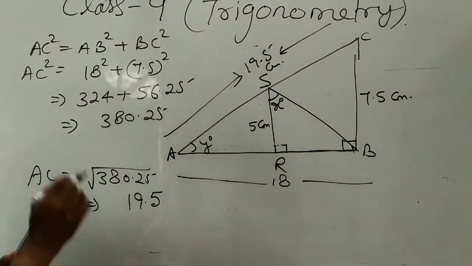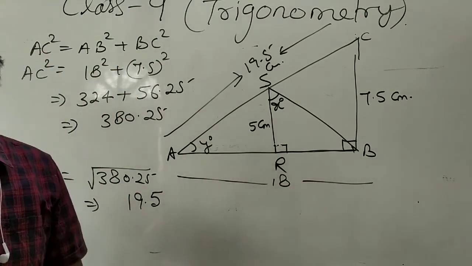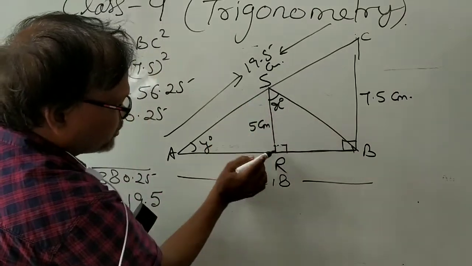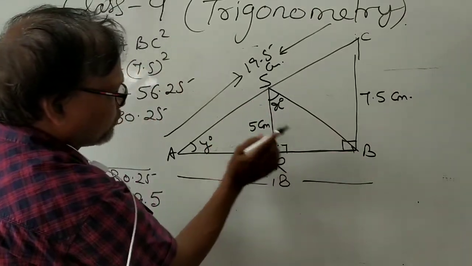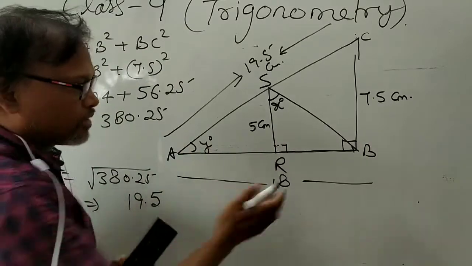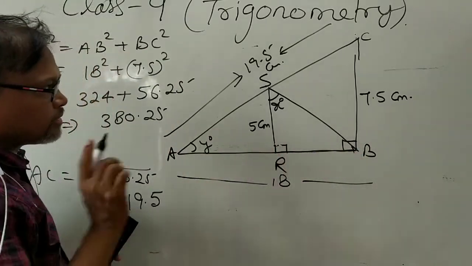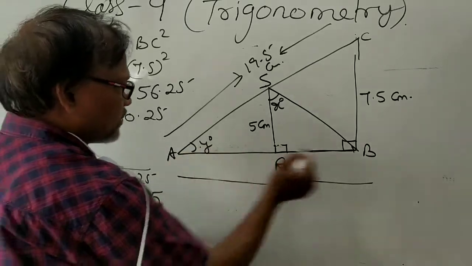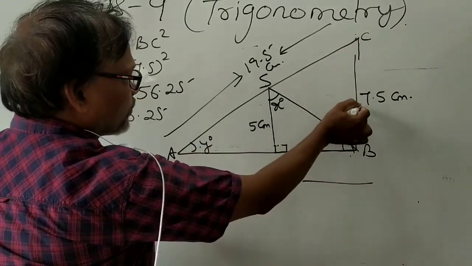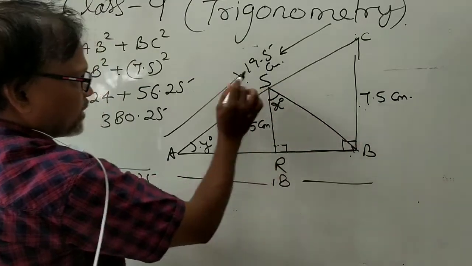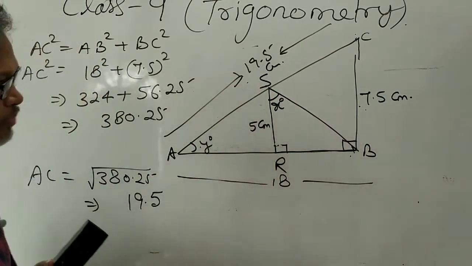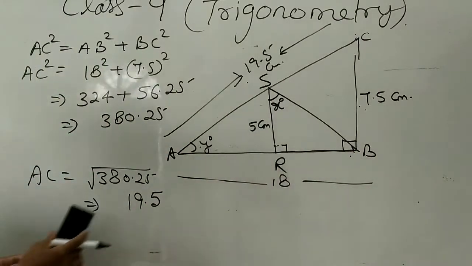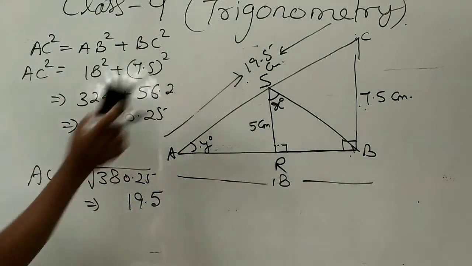Why? Because you have to find tan x and sin y. तो tan x के लिए, this is the base, this is the perpendicular, so perpendicular upon base, you should know this BR. Similarly sin y, this is the base, this is the perpendicular, so perpendicular upon hypotenuse, means you can get now the value of sin y. But for tan x you should know the BR. How to find the BR? This you can write.